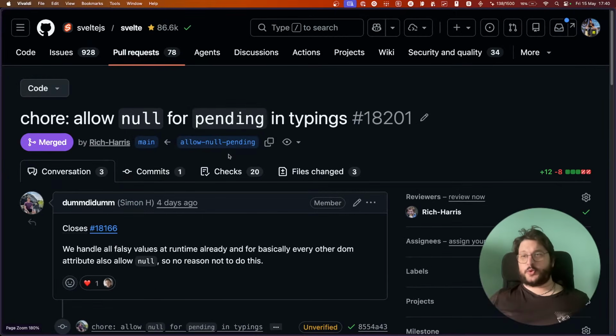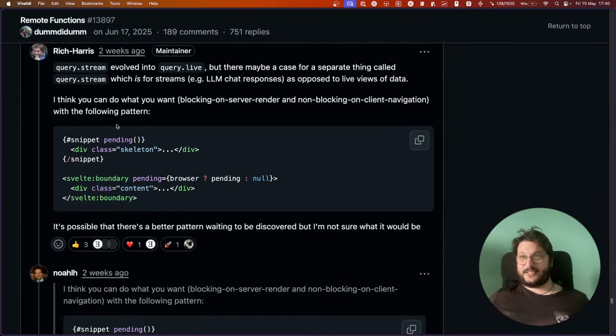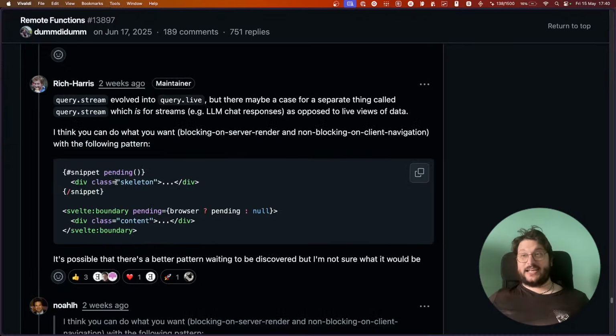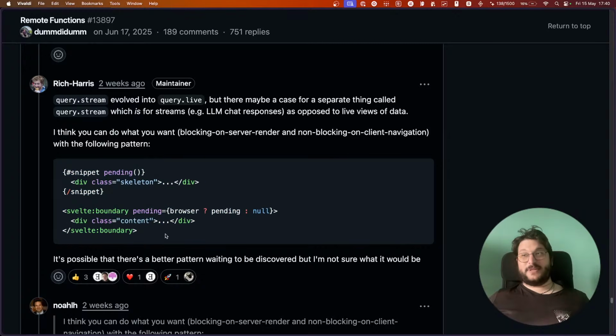Basically, this issue was opened. I think it's a nice pattern because of the suggestion by Rich inside the remote function thread discussion, which is this. If you do stuff like this, it basically means that the content of this boundary will load lazily.